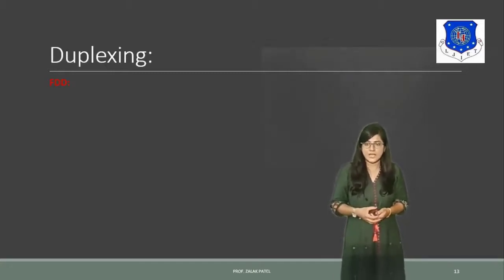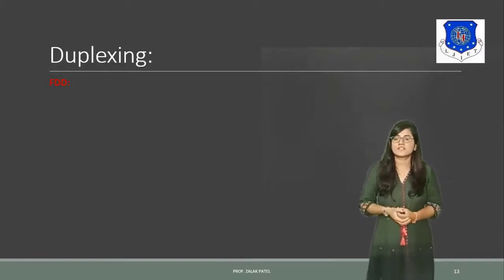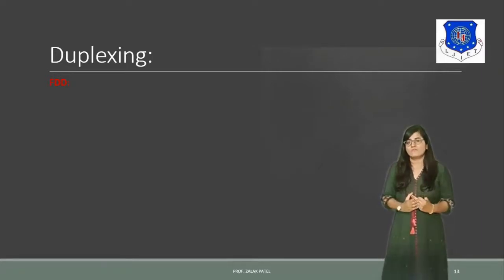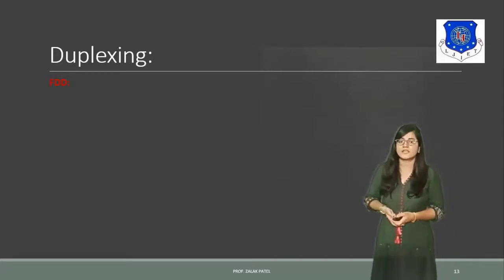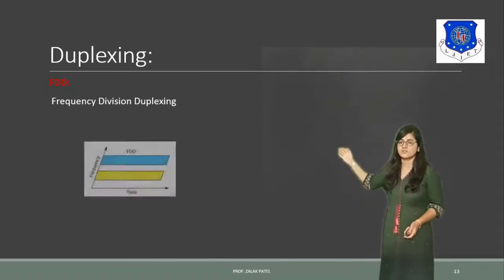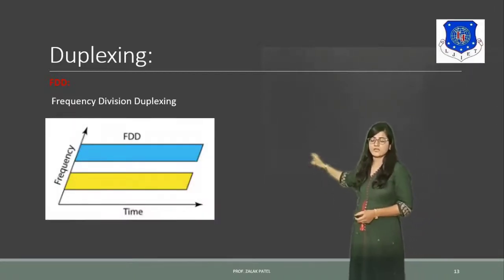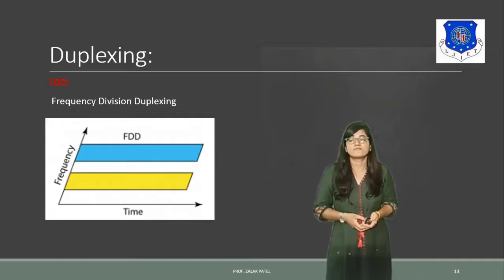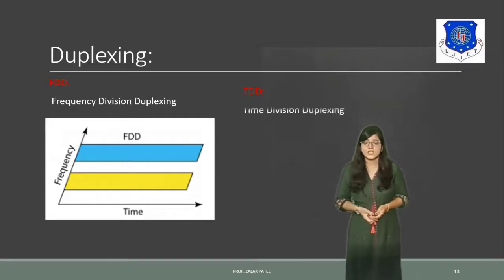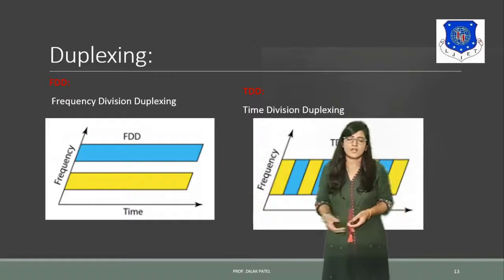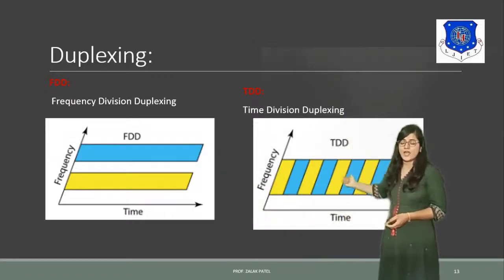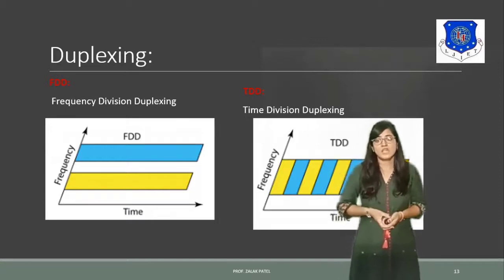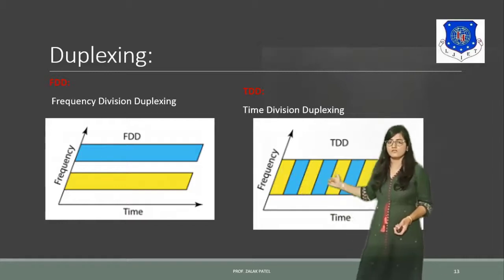Next is duplexing. Duplexing technique means transmit and receive at a time, meaning transmission and receiving will be possible at the same time. The first technique for duplexing is FDD. FDD means frequency division duplexing. So here in this graph you can see that transmit and receive are possible with FDD, that is frequency division duplexing. In case of TDD, time division duplexing takes place. So here time slots are divided, and transmit and receive are both possible. So this is the case of FDD, and this is the case of TDD.